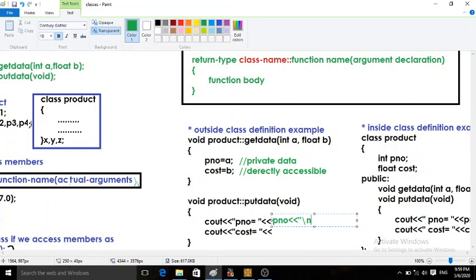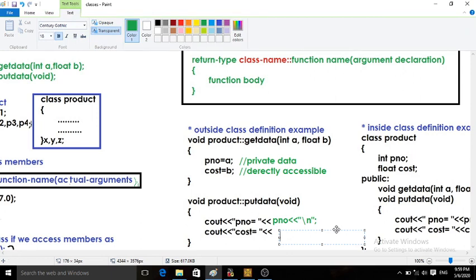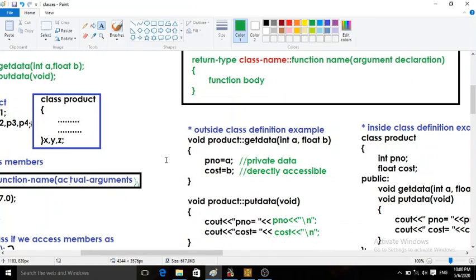After that I add \n, and on the next line I want to display the cost value for the product. So that will be cost equals, cost. After that I want to add a new line character, so the cursor will come on the next line. So this is the definition for getdata and putdata.